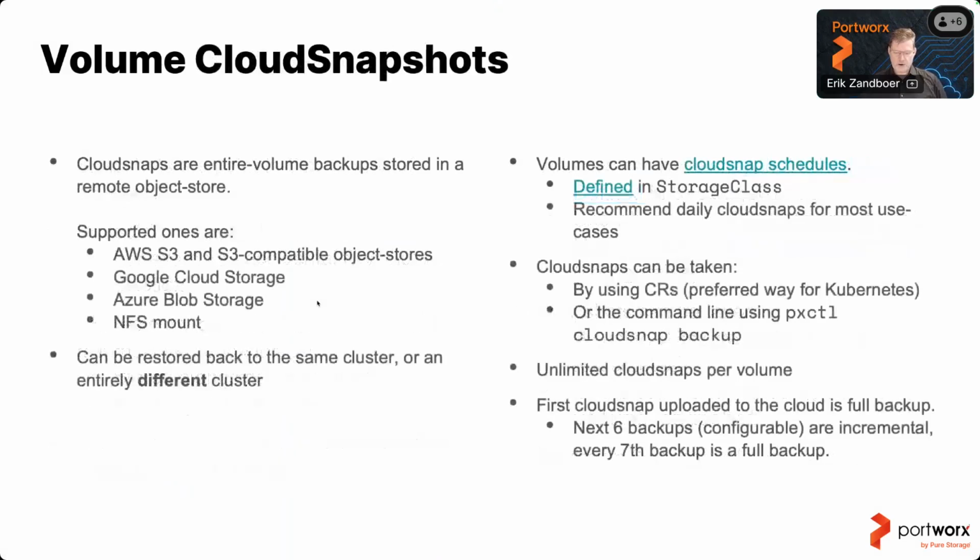What we also have are what we call volume cloud snapshots. Same thing, but an entire volume backup now gets stored in a remote object store. Well, actually, either an S3 compatible object store or an NFS mount. So this allows us to basically back up a volume in an object store. Now you can see how this might segue into a backup solution later, right? It's one of the many features. Because we're in the data plane anyway, we have a very easy way of orchestrating backup and restore, but we'll see that later.